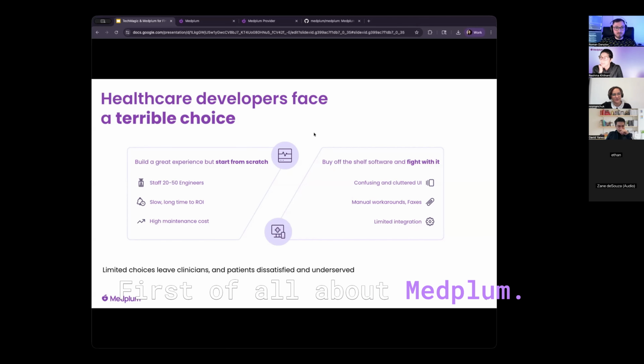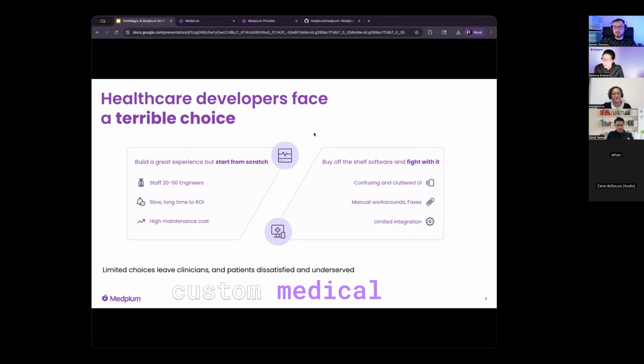First of all, about Medplum. Why does Medplum exist? We are an open source developer platform and company, helping people build custom medical apps. And what we know from experience is that healthcare developers have what we call the terrible choice. They either build a great experience and start from scratch, and it's extremely labor intensive, slow, high ROI, high maintenance costs,